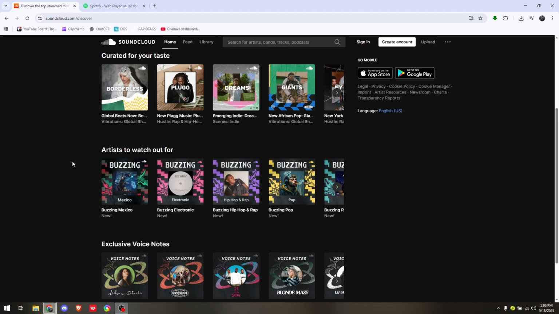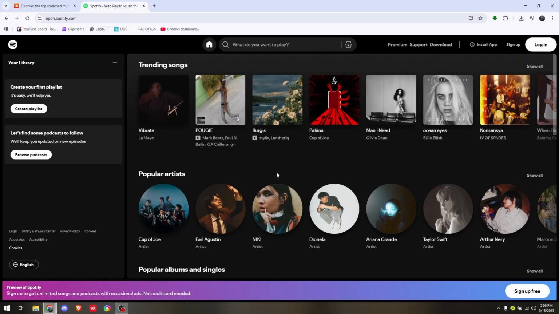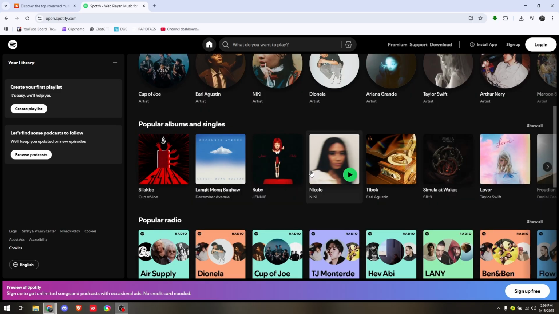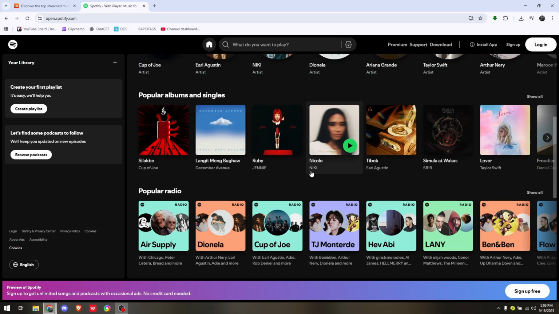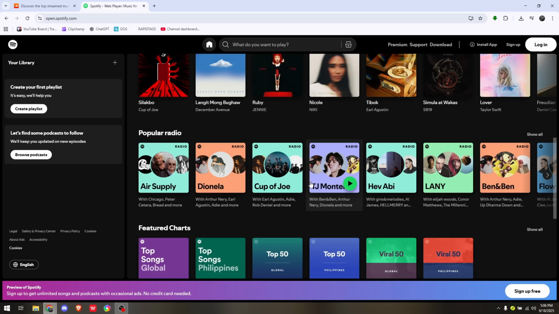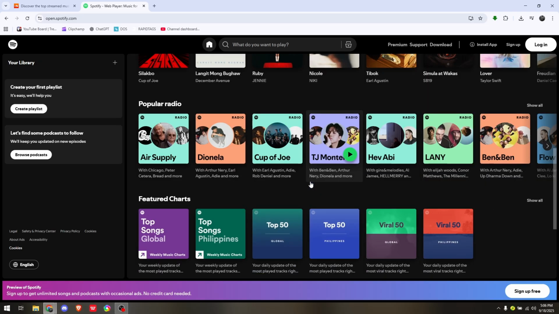And once you've successfully downloaded the SoundCloud song, all you have to do is go into your Spotify app or via the web version. In here, simply log in to your Spotify account and then just go directly into your Spotify settings. Under Spotify settings, just simply head straight into local files and make sure that show library is ticked